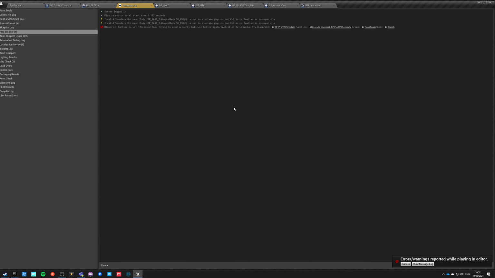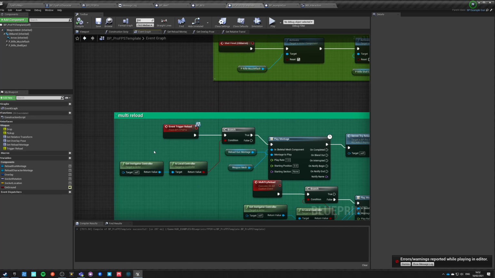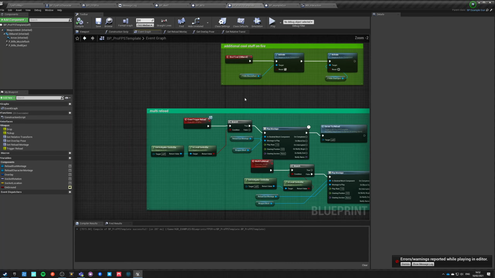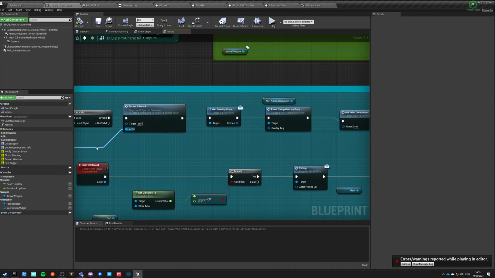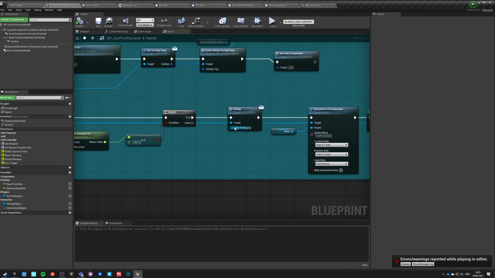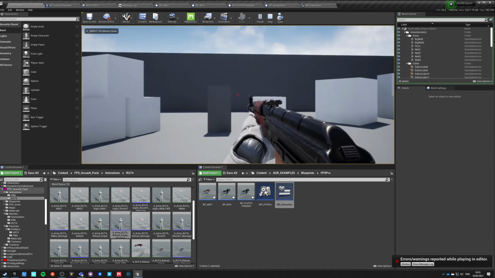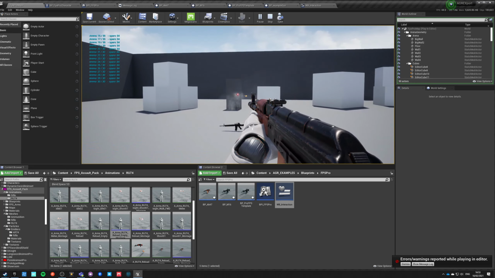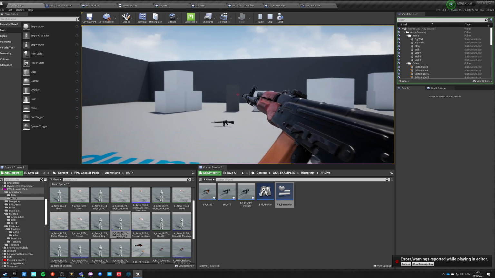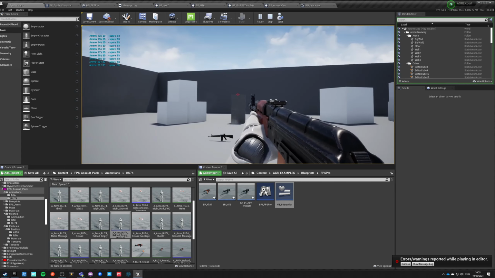Oh, still no. Okay, that's interesting. Oh, I know why. Because when we are using our interface of pickup here, the pickup actor, we forgot to set that it's a self. So we haven't set the owner and we haven't set instigator. Now it will work for sure. Reload, works. Let's move some ammo. Okay, it works.